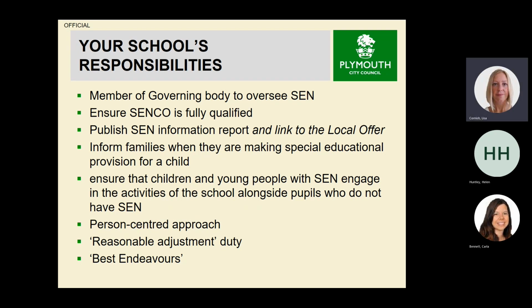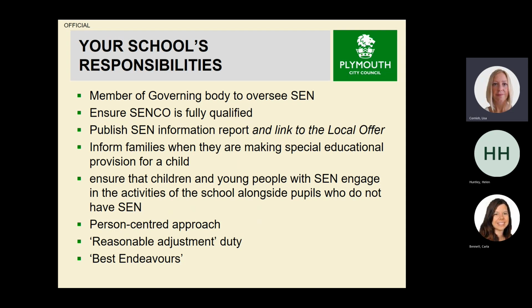Schools must publish an SEN information report and link it to the local offer. This is an accessible document that's easy to find on their websites, and it must include a number of different things that they must adhere to, and it should also involve some co-production from yourselves as well. Schools must inform families when they're making special educational provision for a child.